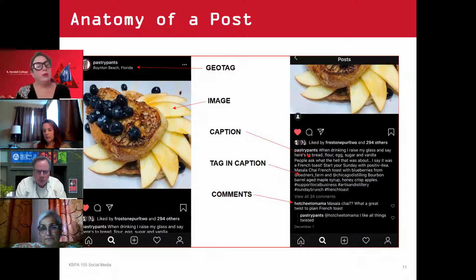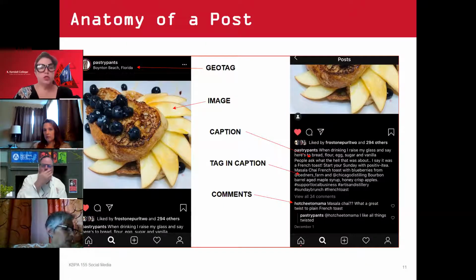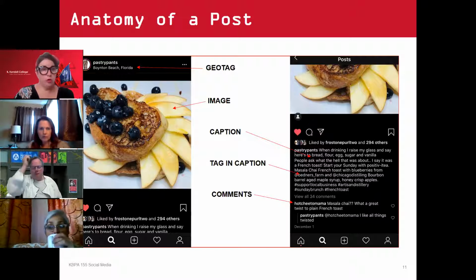So you have to think a little bit beyond that. Do you want to tell a story? Give an anecdote. Give some facts. Where did French toast originate from? What's cool about French toast? What's different about this French toast? Maybe you want to supply the recipe. Maybe you want to tell about a restaurant that you got it at and they're actually doing takeout right now and you want to share that information and help promote restaurants that are open right now. There are just so many different directions that you could go with it.